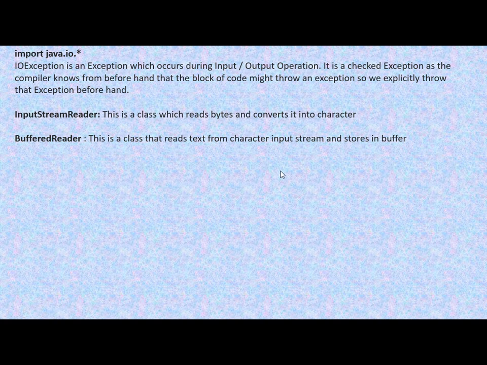Then the functions which we will study today are: first, the length function. Here you can see this is the length function. The syntax for writing length is, suppose the variable str stores a string, so str.length(), and here is an example. Suppose the string entered by the user is new, then the output will be 3 because the length of the string is 3.